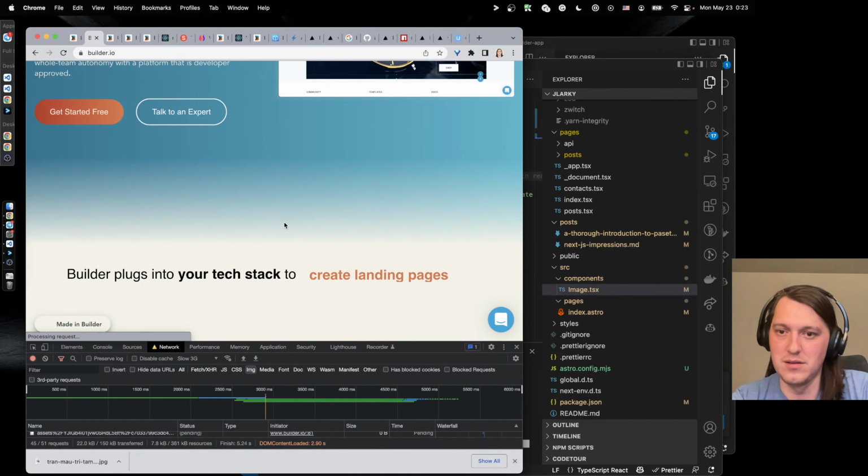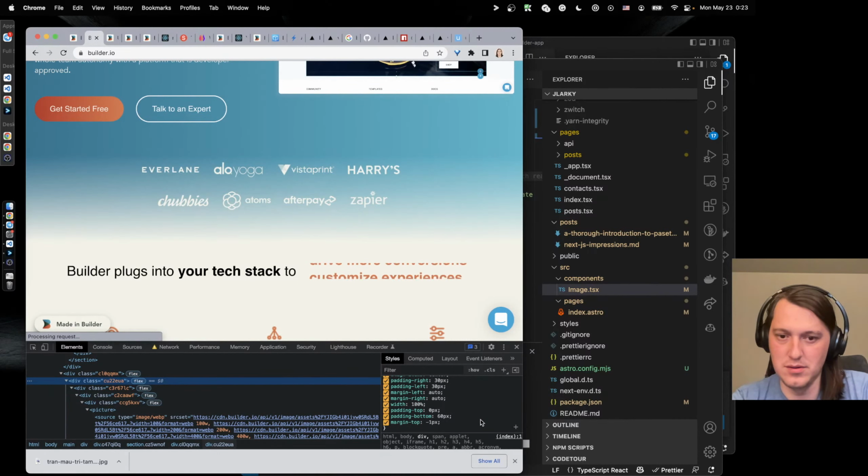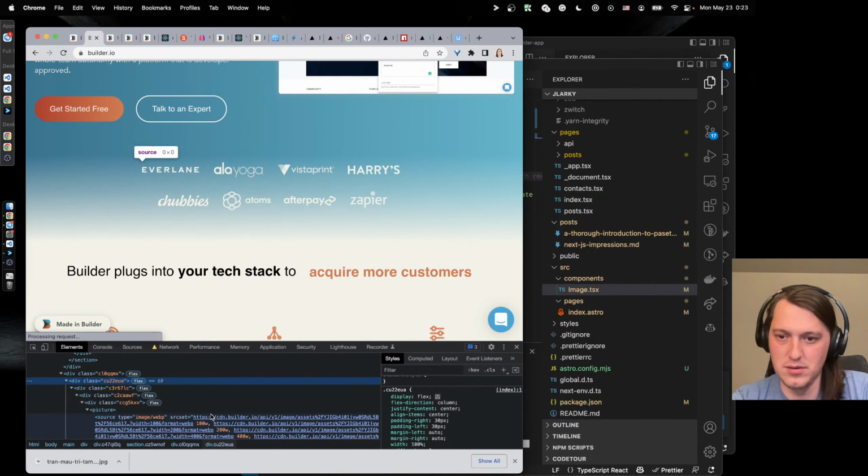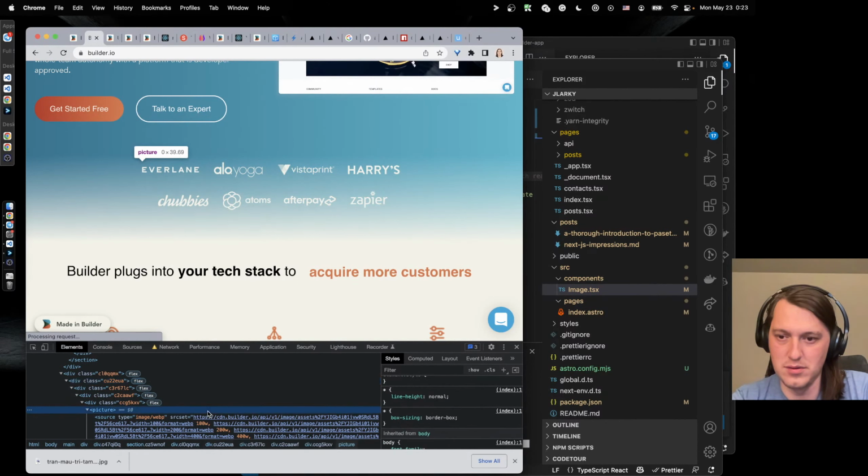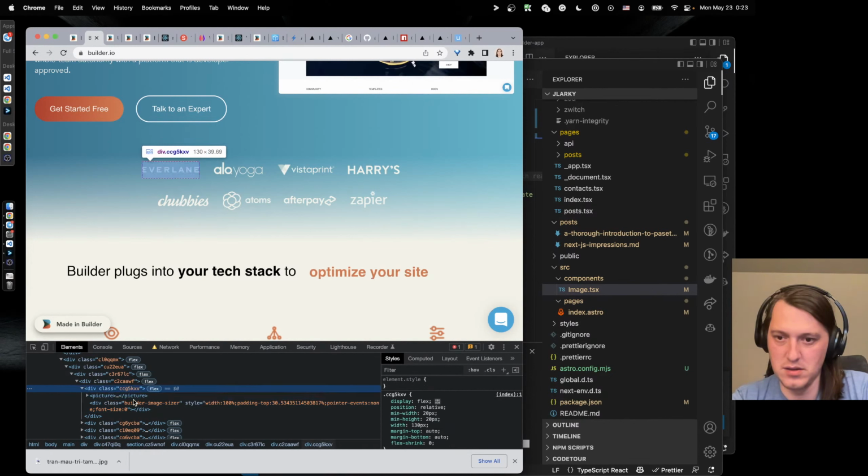Yeah, so this clearly has some kind of dimensions set for it, right? Because otherwise it would jump too much. Height auto. I didn't see it. Yeah, I'm in height.